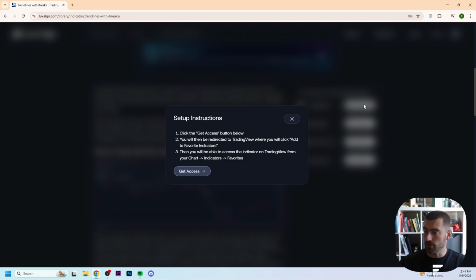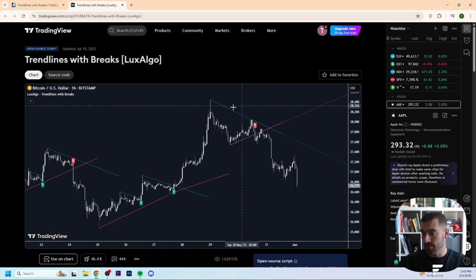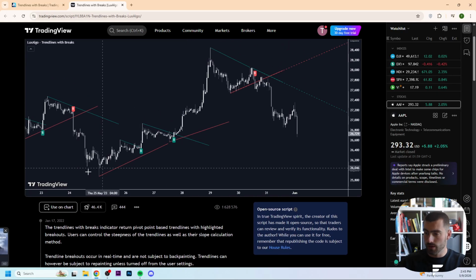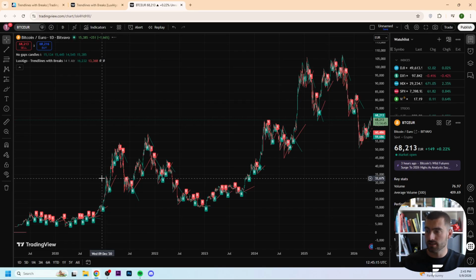So if you go right here to TradingView, you see exactly what you need to do to set up the instructions or how to get the trend lines with breaks. So make sure that you do this, and then after that first step, click here on get access, and then it will send us to this page. Then if we scroll down, we can click right here on use on chart. So we click on use on chart, and then it sent us to the chart with